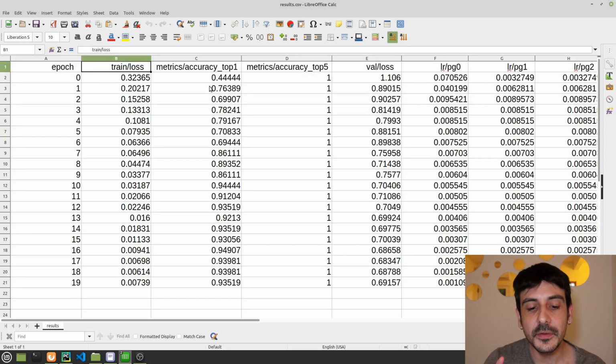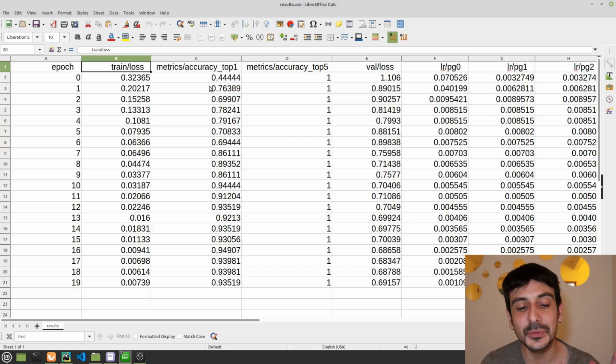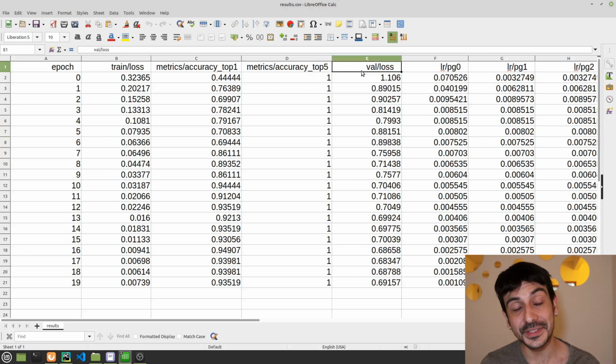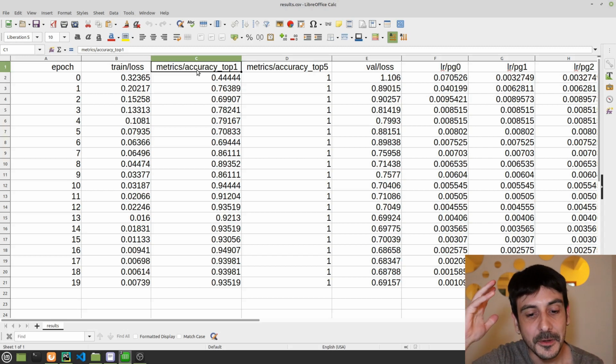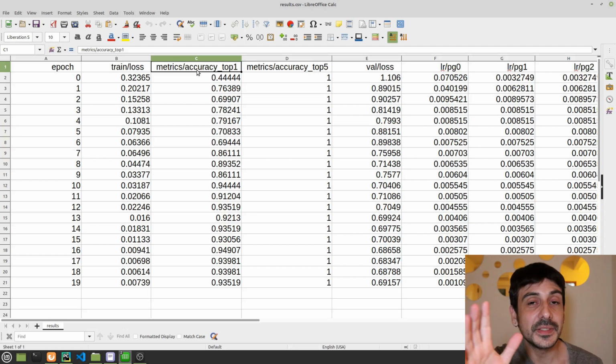And I'm going to give you a very quick tip, a very quick way to analyze this training process, which is: make sure the training loss and the validation loss are going down through this training process, and also make sure the accuracy goes up. And I know you're thinking, hey, this is a very simple way to analyze this process, Felipe. Yeah, I agree with you. This is a very simple way, but at the same time, it's very robust. It's very simple, but at the same time, a very powerful way to decide if you have a good model or not.